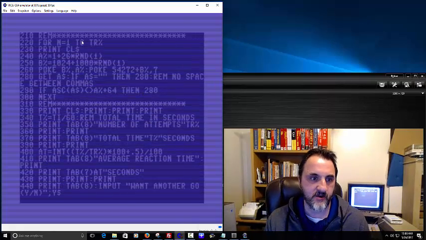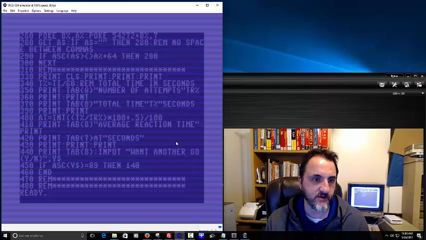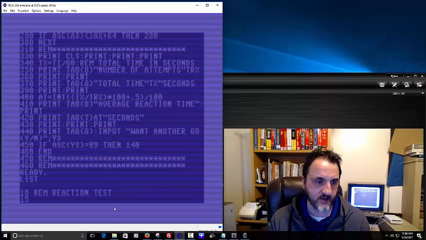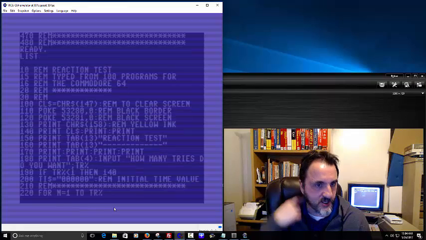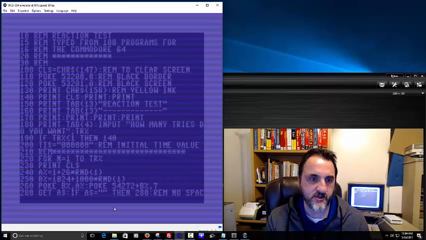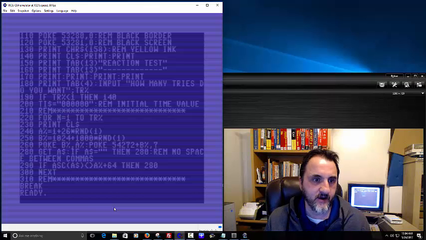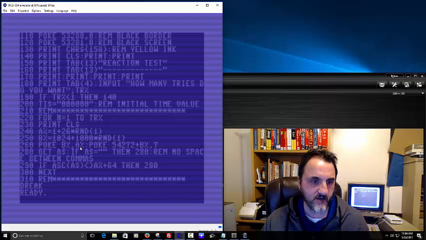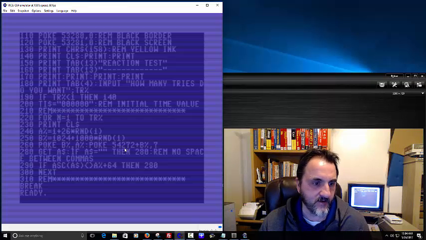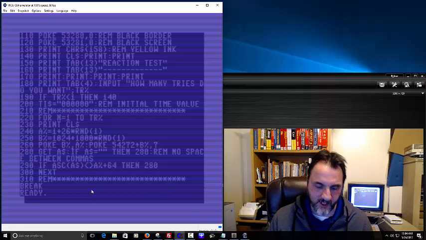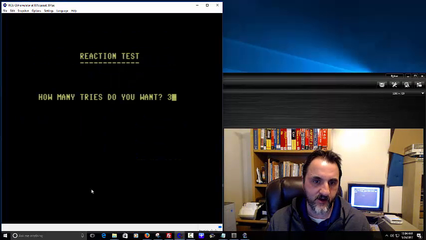See, it's got some timers. It's utilizing some Commodore 64 timers here. It's got some tabs. Let's see, is there a date on this one? It's called Reaction Test. So it's from the book 100 programs for the Commodore 64. I may or may not own that one currently. And I was trying to see if it's actually using an actual timer. It looks like it's using a loop here, and it's using a random statement to kind of determine the timer. And it's changing the graphics mode there. Not sure what it's exactly doing here. Hope it doesn't lock the keyboard like it did earlier.